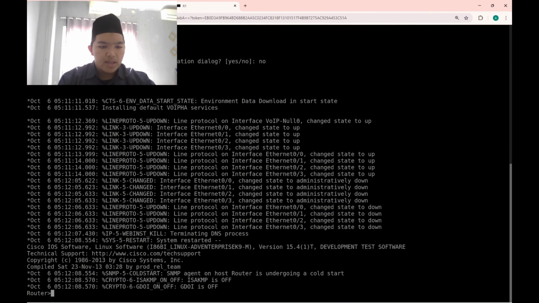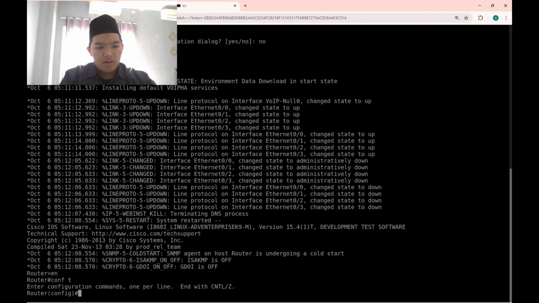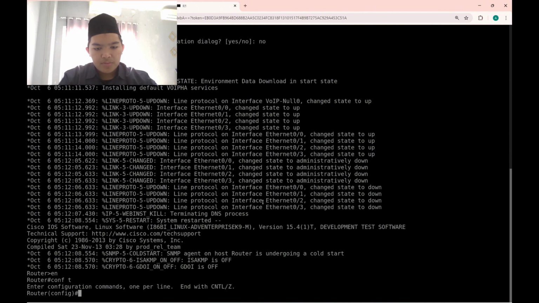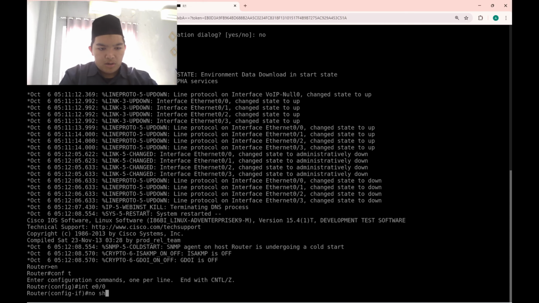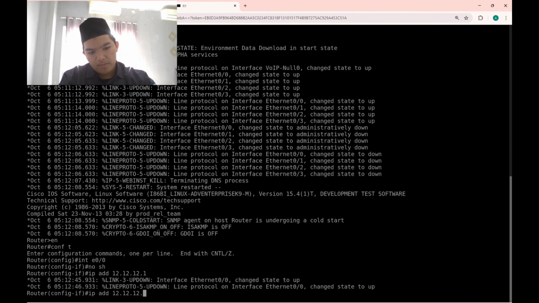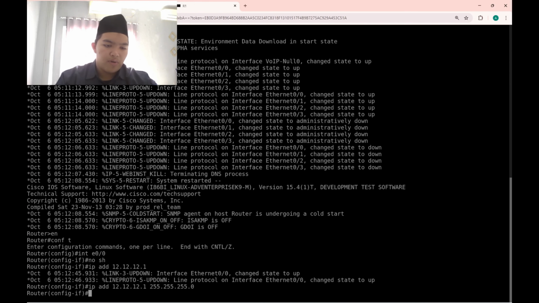Okay, we're gonna start from router 1. As usual, we're gonna add the IP address first in each interface, and my plan is to add an IP in the loopback interface also. We're gonna enable, configure terminal, and then first add the IP address in the first interface, that is E0/0. Interface E0/0, no shutdown, and the IP that I will use is 12.12.12.1, and the prefix is as usual 24.